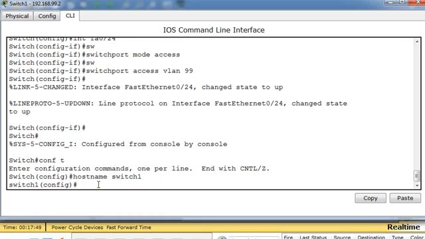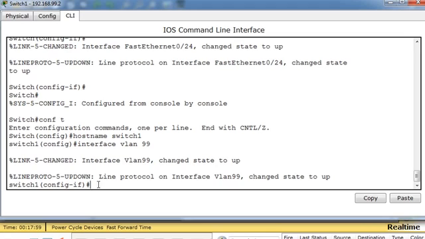For the IP address, I'm going to put the IP address onto a virtual interface. So I'll say interface VLAN 99, right, which creates a virtual interface called VLAN 99. It's not an actual port on the switch, it's a virtual interface. And now I'm in interface configuration mode for interface VLAN 99,